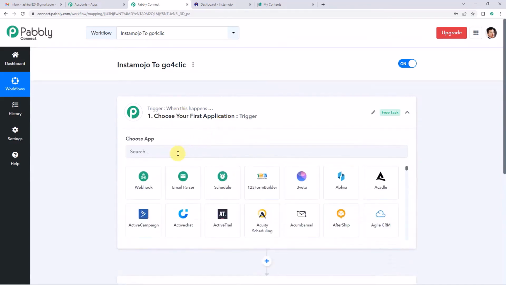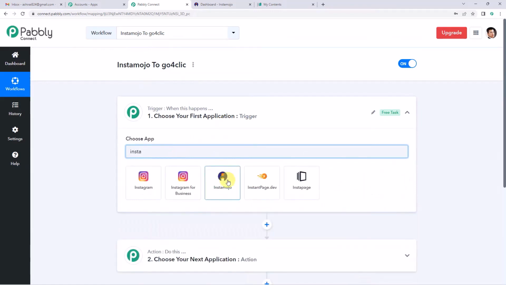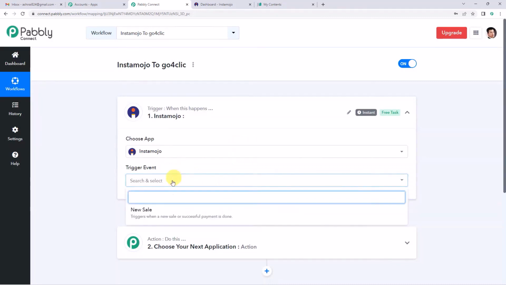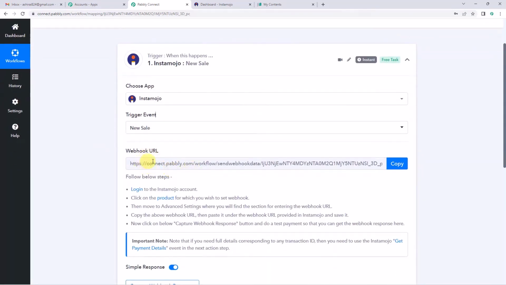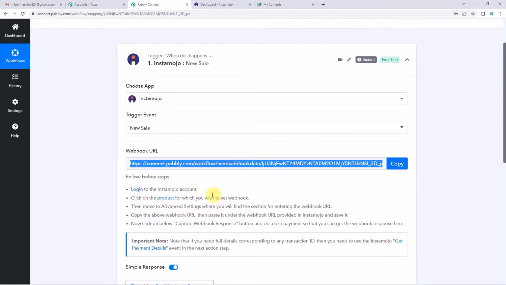So let us begin and select Instamojo as our trigger application. For the trigger event, we will select new sale. It triggers when a new sale or successful payment is done. Now it has generated a webhook URL, like you can see over here. A webhook URL is basically a link that connects two applications. So we are going to copy this and follow these steps to set up the webhook URL